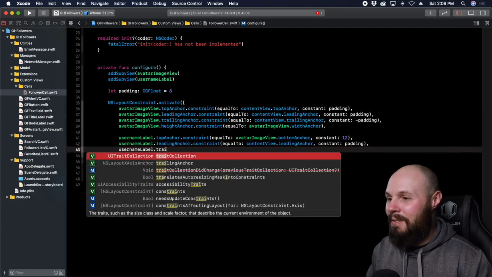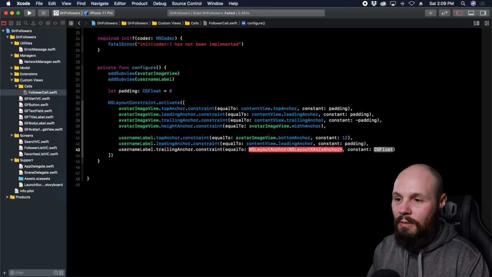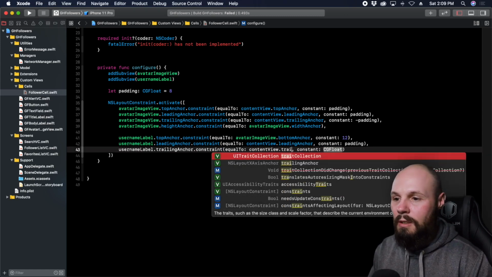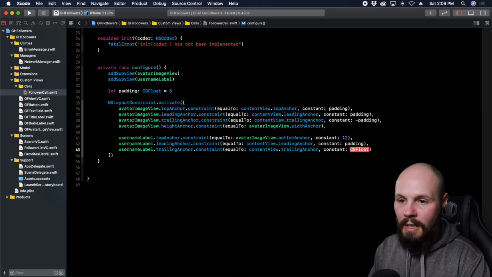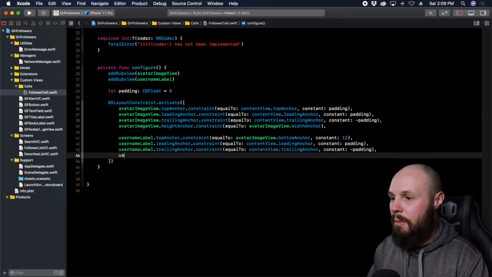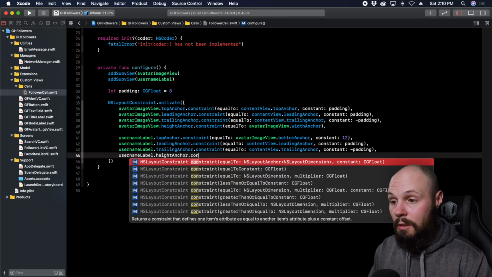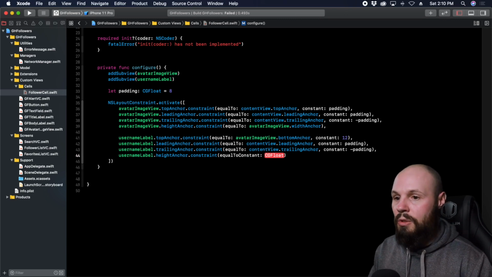Dot trailing anchor, like I said, so many different ways to do these. Dot constraint, content view, dot trailing anchor, again, negative padding. And now we just need a height on our label here. So username label dot height anchor dot constraint equals to a constant, and that is going to be